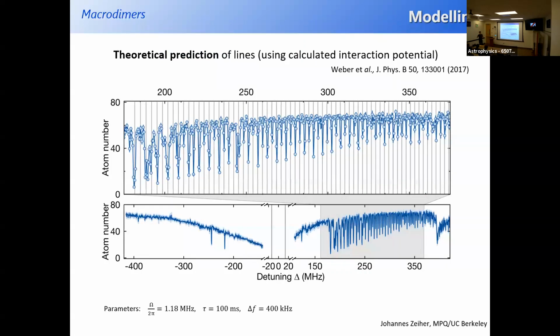So this is the point where we associate 2 ground state atoms into 2 Rydberg atoms, and as a consequence, because they experience large forces once they're in a Rydberg state, they get ejected from the lattice. So we see them as lost. And you can see really this nice agreement between an ab initio calculation of the Rydberg interaction potential and what we measure in the lab.